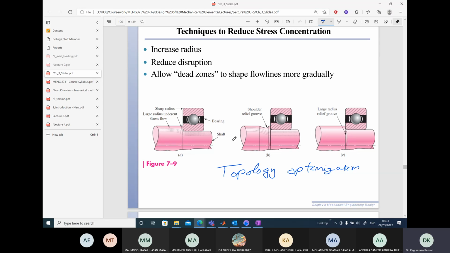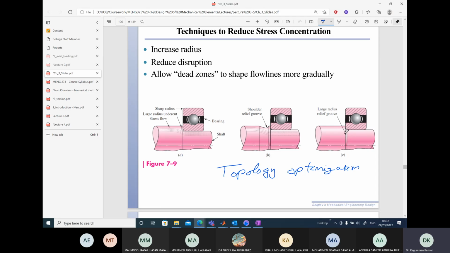That is, you want to minimize the stresses developed in this area, especially when you apply a torque and bending moment on the shaft. That should minimize the stress that occurs in these locations. You can use topology optimization and try to obtain a change in geometry